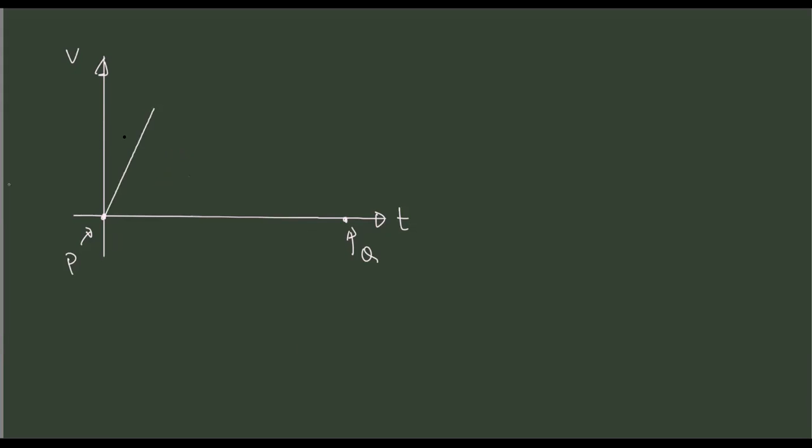Now this time I'm going to take as 20 seconds. The slope is 2 meter per second square. If I read out the velocity here, in 20 seconds, every second, if the acceleration is 2 meter per second square, the velocity is increasing by 2 meter per second. So in 20 seconds, the velocity will increase by 40 meter per second. That means the velocity right here would be 40.